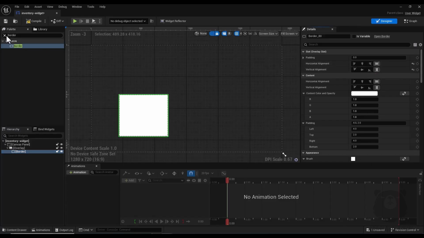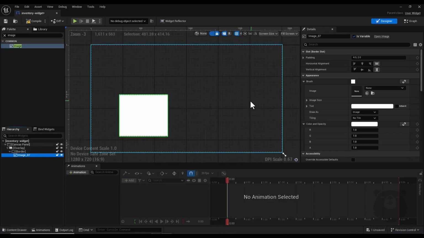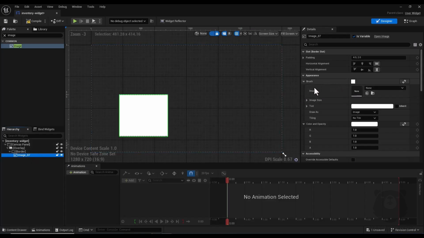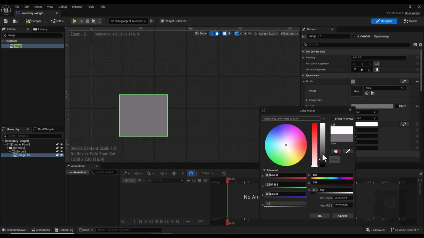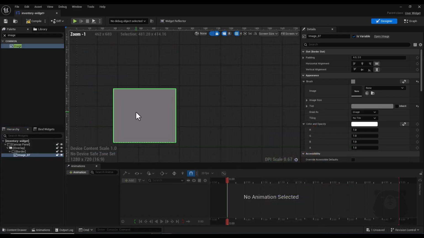Now here I search for image and I drop it on my border, and here in brush section I set a color for tint. For example, here I set a gray color for it like this and click OK,